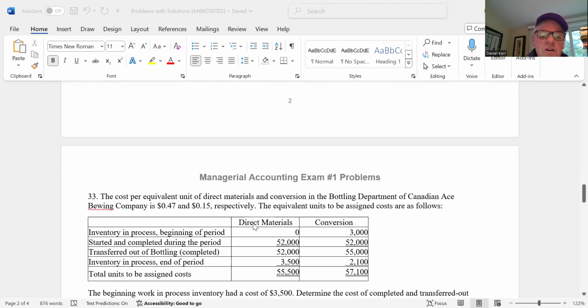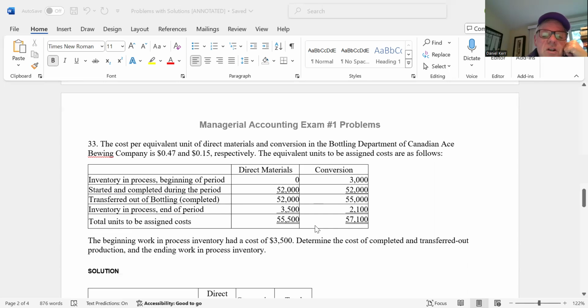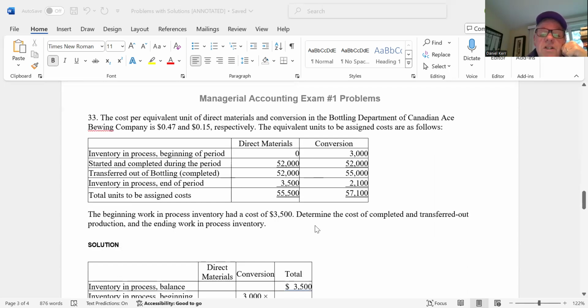All right, the third one made this nice and simple. You didn't have to compute the equivalent units. We gave you the equivalent units. So all you needed to do was complete the total cost here, determine the cost of goods completed and transferred out, production, and the ending work